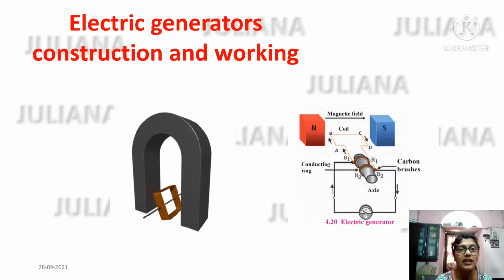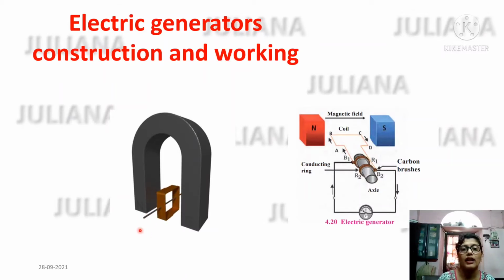In a DC generator, it moves only in one direction. For that we use split rings, so that the contacts are changed every time and the current goes only in one direction. But in AC current, we have alternating current, so the direction of the electric current changes after every half turn. We have also looked at this picture here, and we know that if we can make this shaft